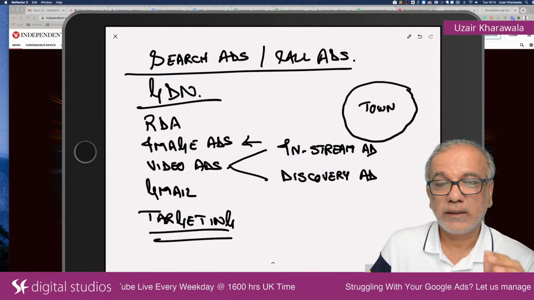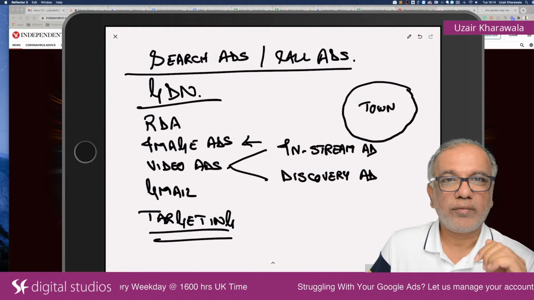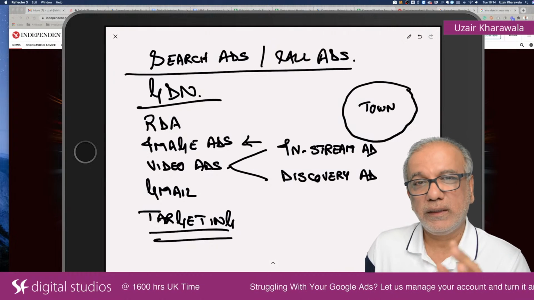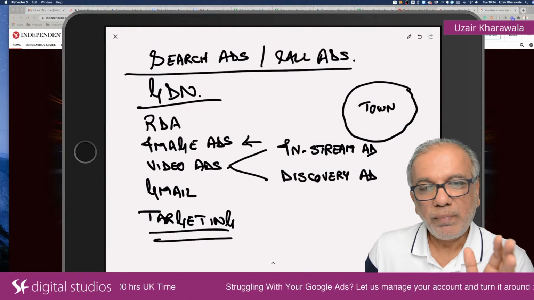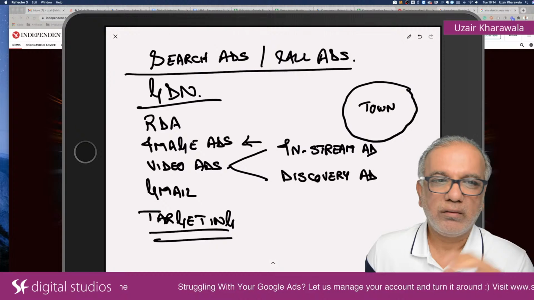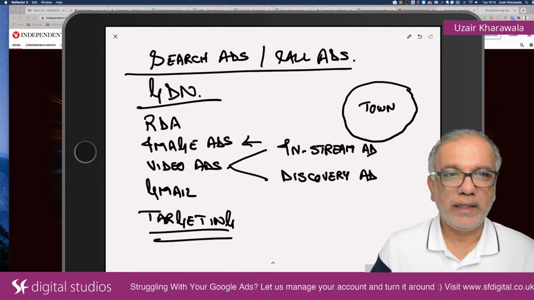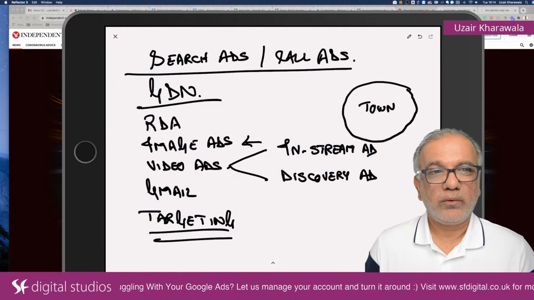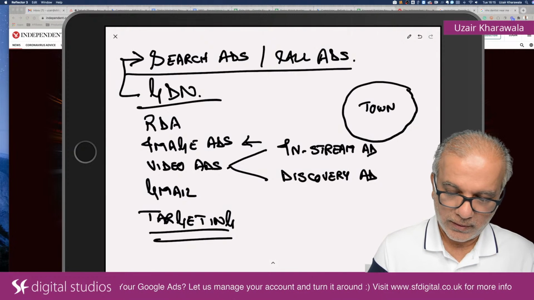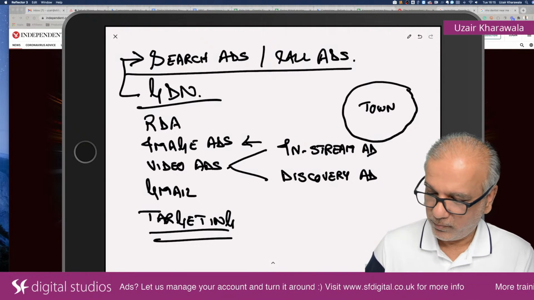Your brand search terms are being searched on Google, and you are getting branded traffic or direct traffic through to your website, and you can see all of this through Google Analytics. So when people come to me and say, "We spent $1,000 on Google Display Network ads and didn't get a single lead," it's not about leads. You cannot compare the GDN with search ads. They are two completely different types of ads, because